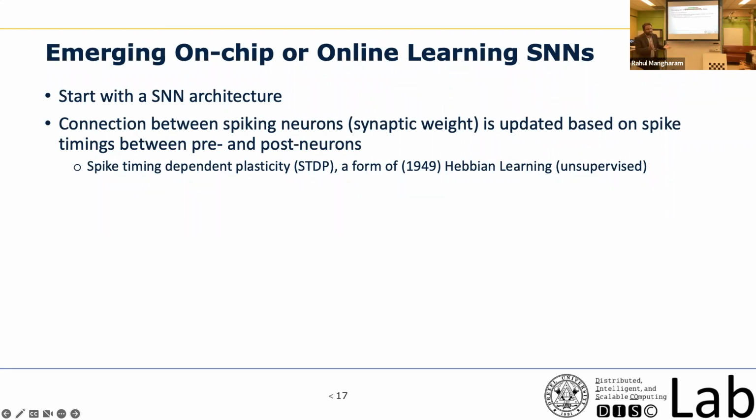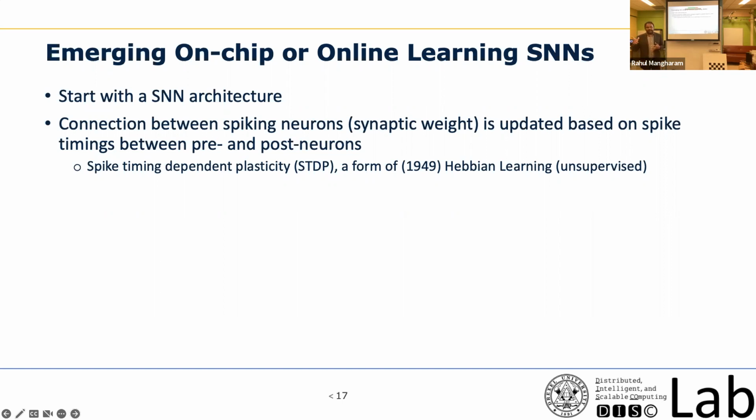With a CNN, you have to learn it from scratch. Here, let's say you have a new event that you saw. The architecture itself will adapt to that new event, which has not been seen before. So this is kind of the whole thing, this unsupervised learner, but in hardware.